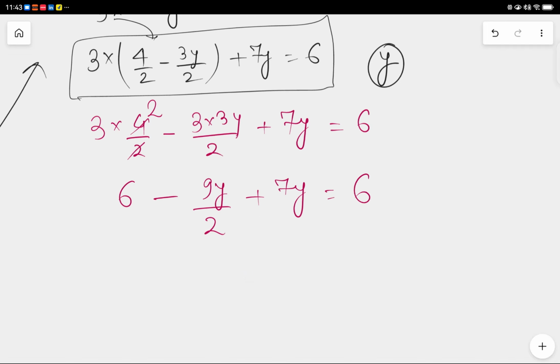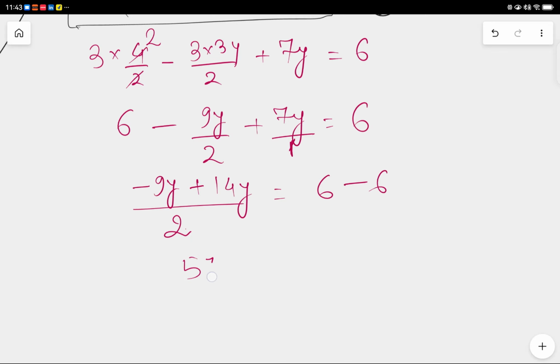When 6 goes to the other side, we can solve it by taking the LCM as 2. So minus 9y remains, plus 7y, which has denominator 1, multiplied by 2 gives 14y, equal to 6 minus 6, and this becomes 5y by 2 equal to